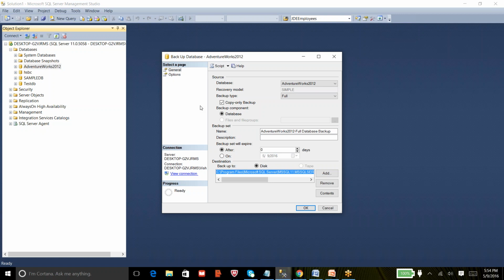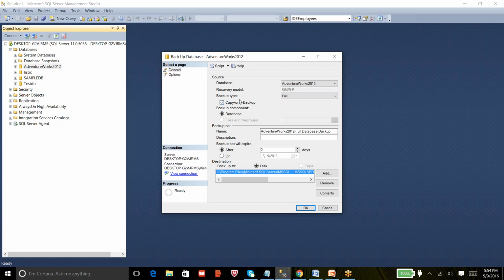So if you were asked to take an ad hoc full backup of a database that is already participating in log shipping, and you don't know that, and you just go and take a full backup of the database without this option, your log shipping will break.